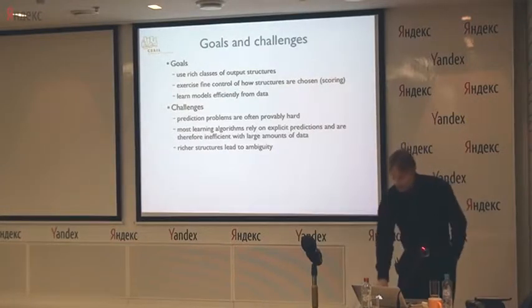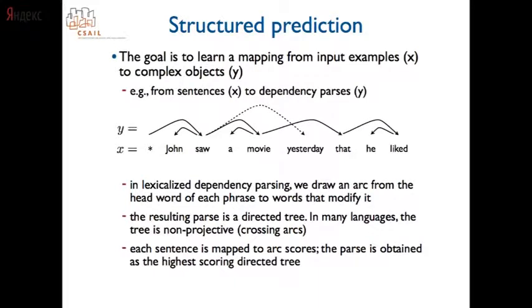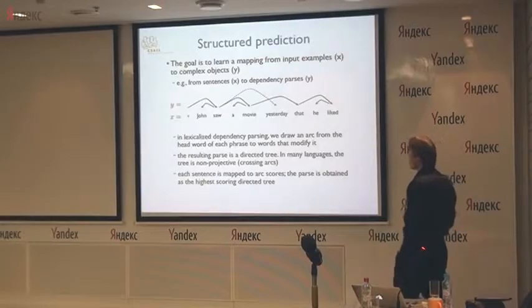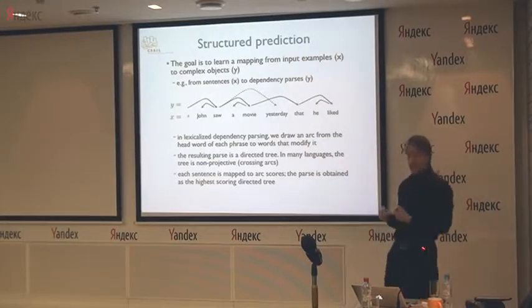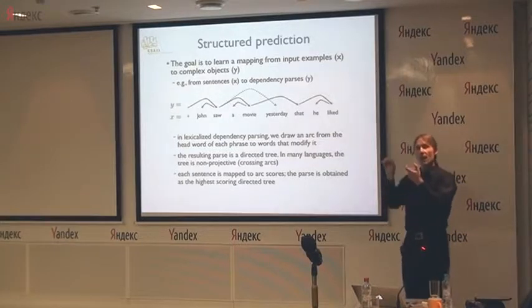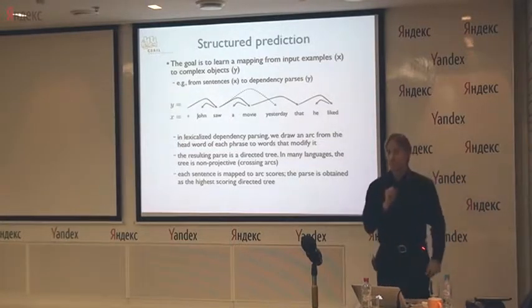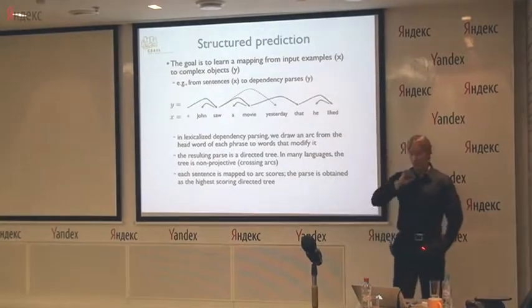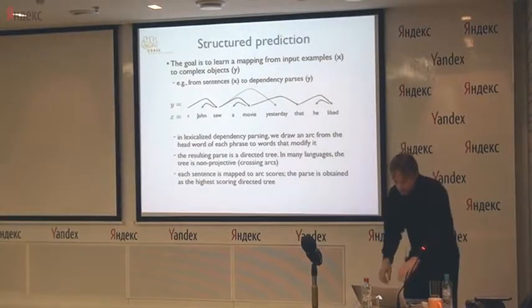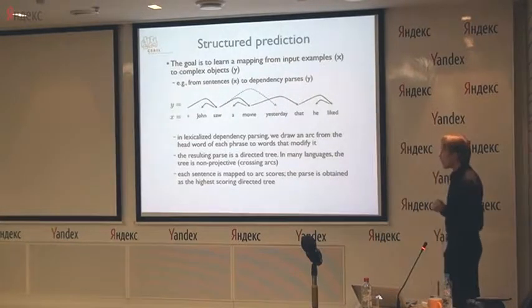So let's start with the natural language problem, dependency parsing. I mentioned earlier that given the sentence, you're trying to get a directed tree over the words in the sentence. So the meaning of that tree is that you take the head word of each phrase in the sentence and look at which other words modify that word. So the arcs in the tree are word-modifier links in this case.